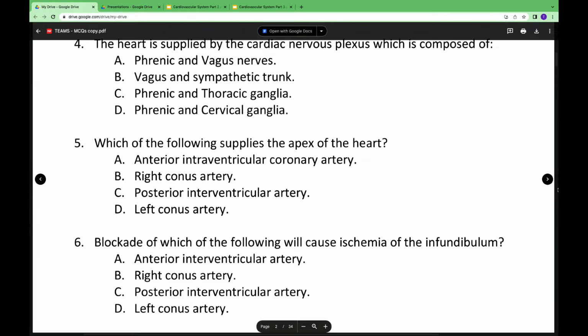A or C? But we are having here exactly infundibulum. What's infundibulum of the heart? Okay, yeah. So we can say that a blockage of the apex of the heart would be by